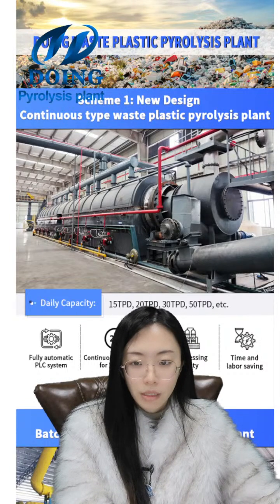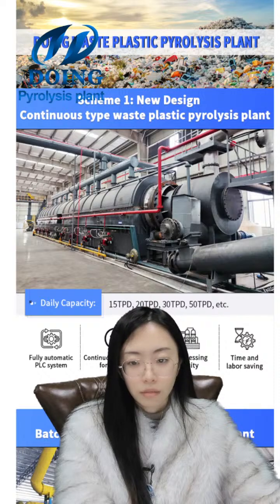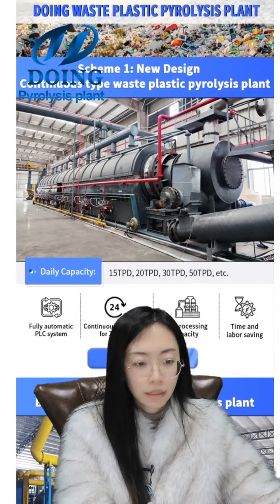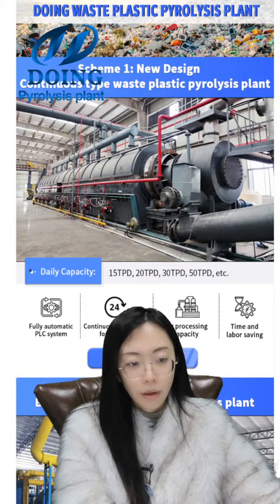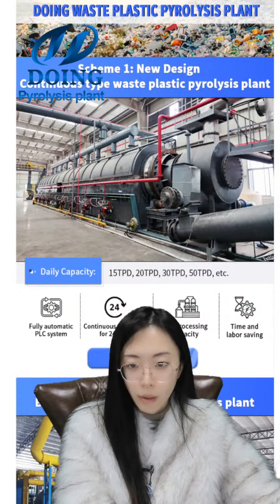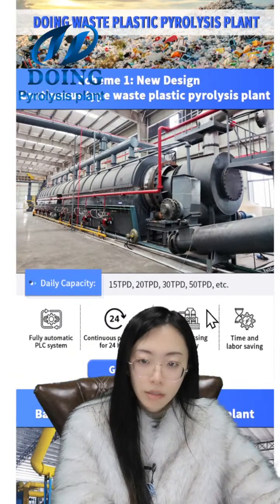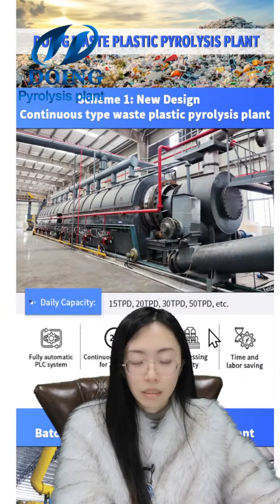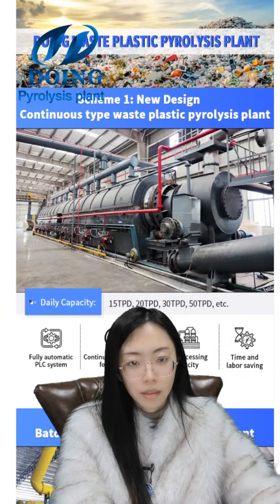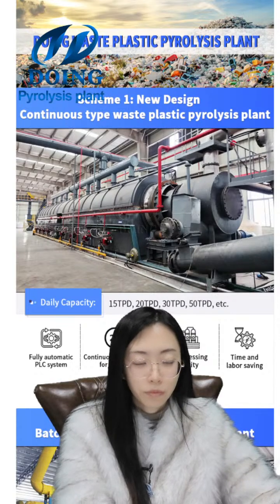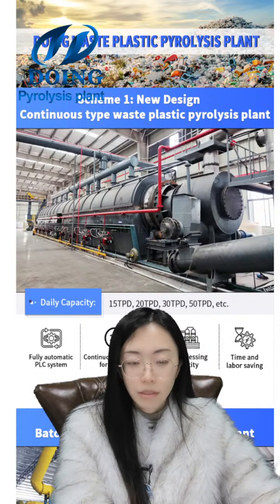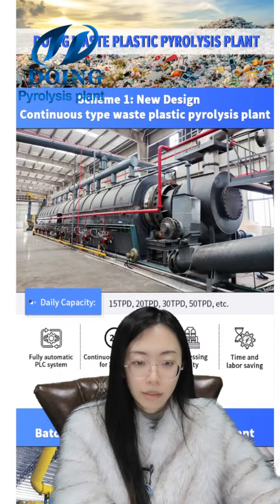The first one is the fully continuous pyrolysis plant, which needs some pre-processing. If your materials are not suitable, or it's not easy to crush them into particles, then it's better for you to choose the batch type pyrolysis plant. But the new design of the fully continuous pyrolysis plant has much higher capacity and efficiency. It can work for 45 to 60 days and doesn't need to cool down the reactor to discharge carbon black at